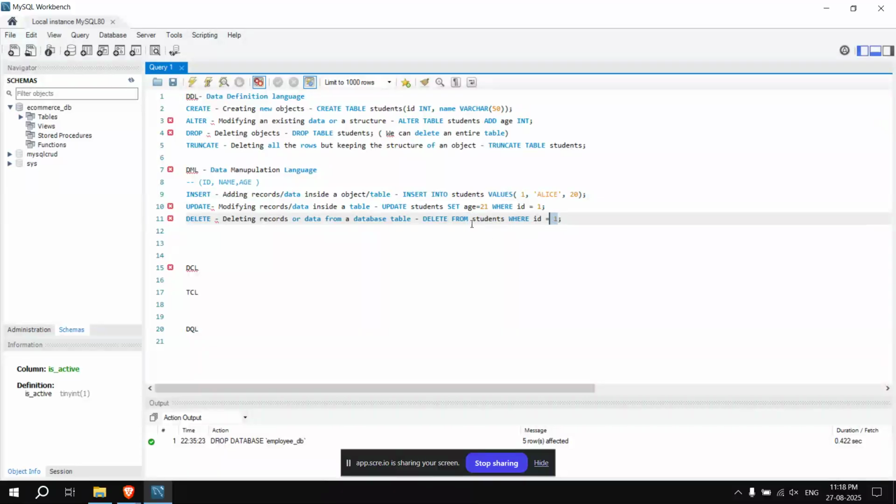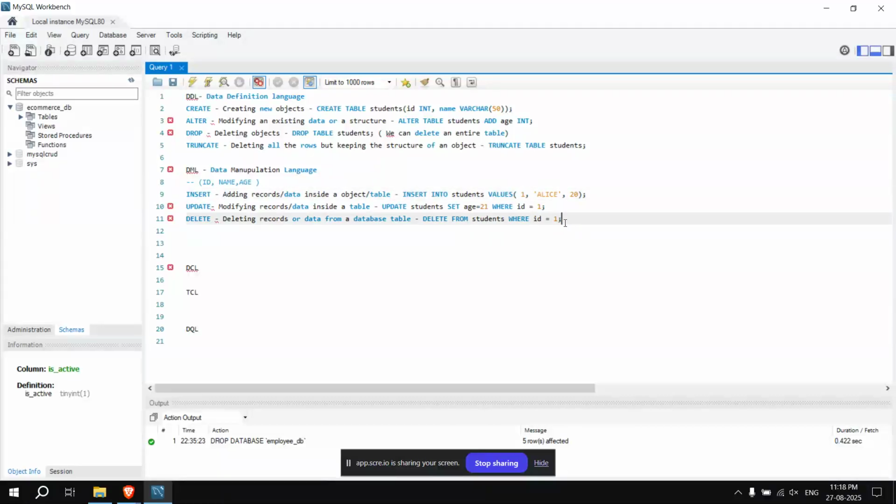Suppose there are multiple tables. That's why we need to give the computer a path, so that the computer gets the proper address, just like a delivery person delivers a product to a particular address, right? By using this from, we're giving a route to the computer so that it can internally filter out the table name, and then using the where condition, where the ID is 1, it will delete only the specific user whose ID is 1.